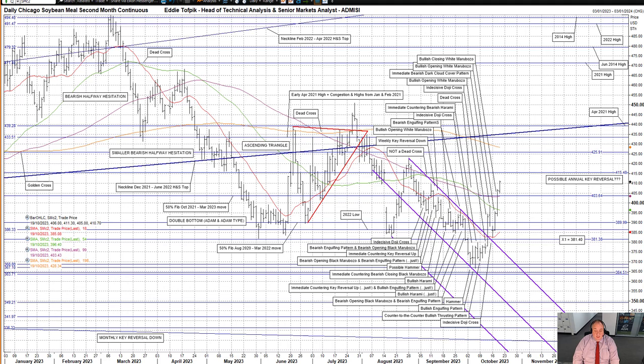381.40. The first attempt down at 381.40 failed back in mid-August, but then 3 weeks ago, a sharp move lower with a combined bearish opening white marubozu and bearish engulfing pattern managed to reach target X1. Indeed, the market overshot the downside and eventually was halted by a congestion band between 368.80 and 363.70, where prices